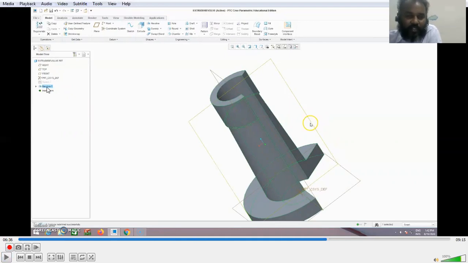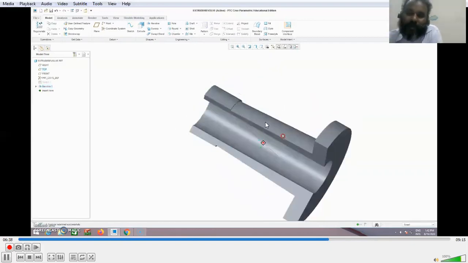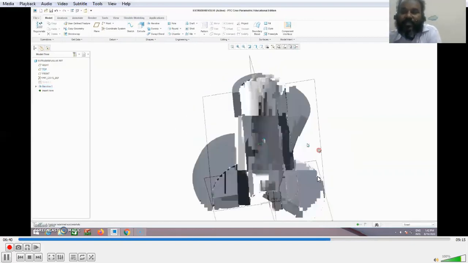So this one, if you right click on the revolve option, which is there under the model tree, I can control how it is revolving after this revolution feature is applied. So I can control how much angle it can revolve and so on and so forth. So that is what is being shown here. The edit option in that will allow you to make all these changes. Yeah. So we'll delete this